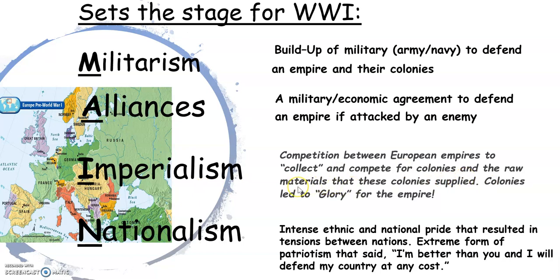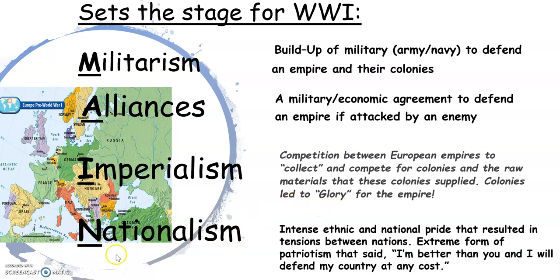They're in the Industrial Revolution. They've got all of these finished goods that they're making, and in order to make a finished good, you need the raw materials to produce those. And so these colonies are really going to serve for a huge amount of wealth for Europe. So the empires are getting their wealth. They no longer can get all the raw materials from their own country. And why would they? Because they can go out and collect all of these colonies and extract the raw materials from them. And this leads to this idea of imperialism and this big might that leads to glory. And the bigger their empire, the stronger and more powerful they are.